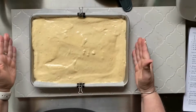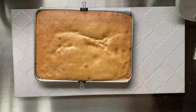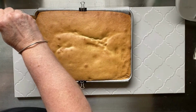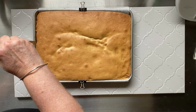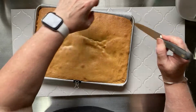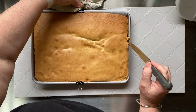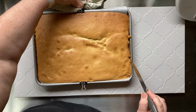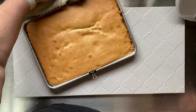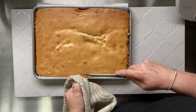Now I'm tapping it on the bench here, and you can see there's all these bubbles coming to the surface and they're bursting. Now we want to get rid of those big bubbles. And here we go, straight out of the oven. And I'm using the back of a knife just to ease away the edge of the sponge from the tin. It's not really stuck, but it does stick a little bit because of the egg mixture and the sugar. It's really got no fat, so that's why it does that. Now I'm just teasing away the little clips that I use to keep my paper down,